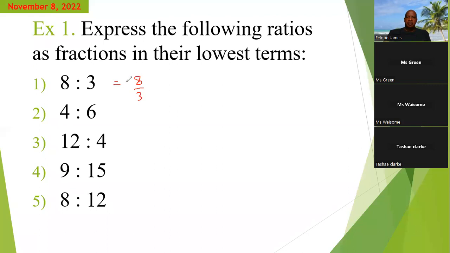Right, so we cannot simplify this any further, so we leave it as is because we can't find any number that can cancel both numerator and denominator. For the second one, we would write 4/6. And then we see whether or not we can find a number to cancel both numerator and